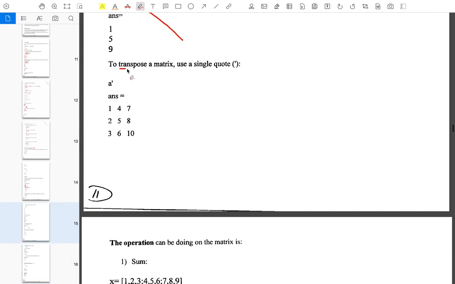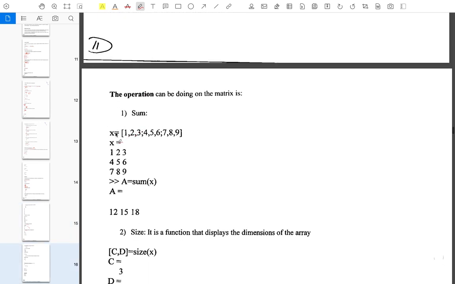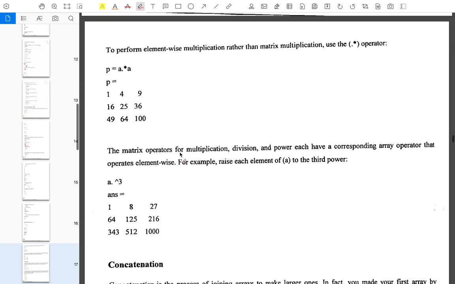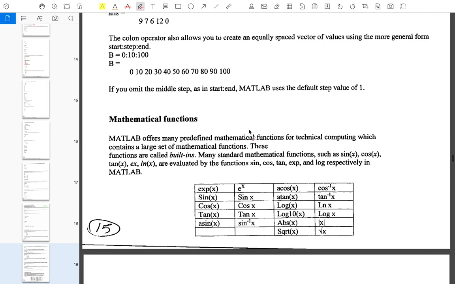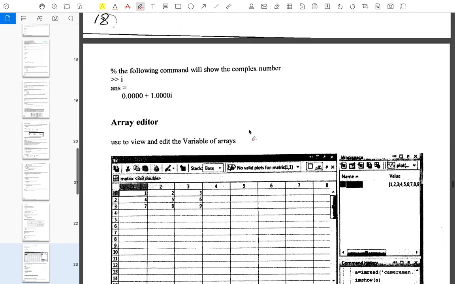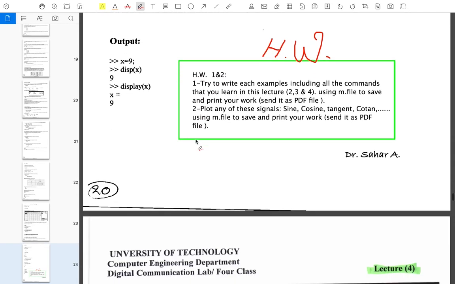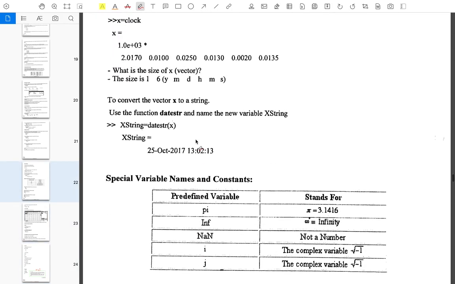Here, transpose means the opposite, like up. It is an operation for matrices, and summation, and we will be working with that. Okay, here's until lecture 3 and until lecture 4. So today we will take until lecture 4, and I will go now to until here. Okay, let's take this part from the other